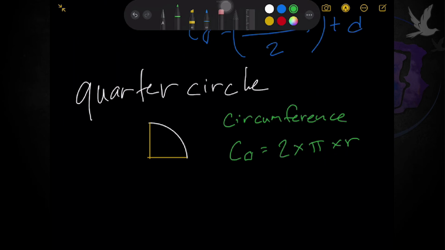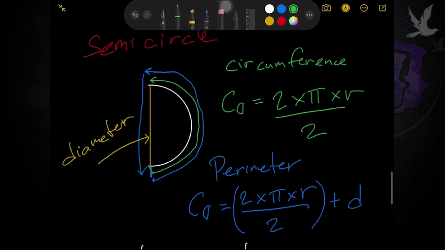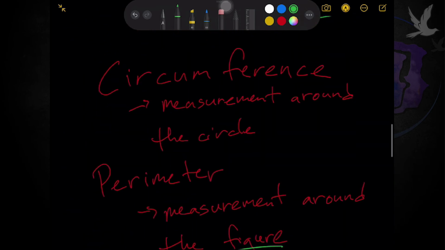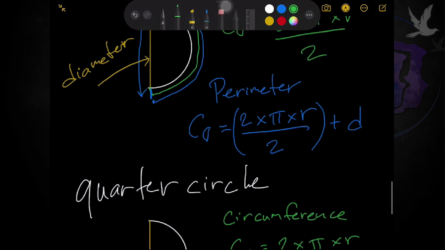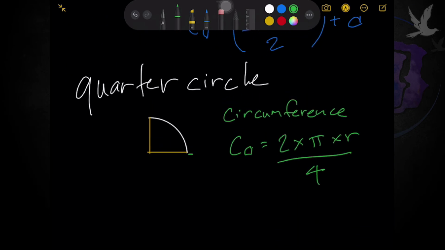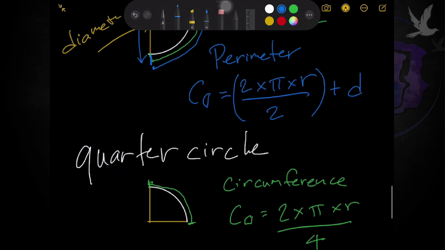And if you notice na hinati natin yung circle into 4, so giving us equivalent to divided by 4. Okay, so yan ang formula natin. Teacher Mark, bakit yan lang ang circumference? Because when we measure, like what it says earlier, circumference is the measurement around the circle. So ito lang yung part ng circle, yung arc, from this point to this point. Yan lang. But if you're going to talk about the perimeter again,